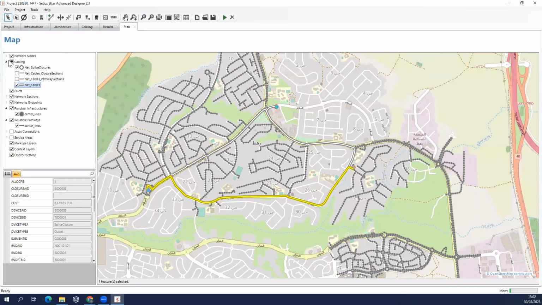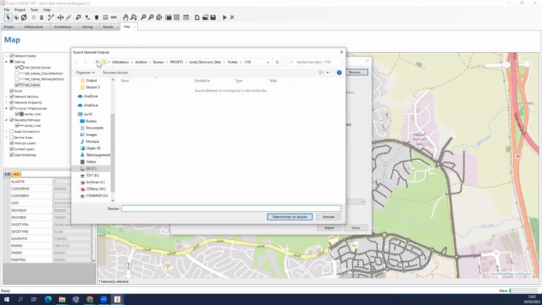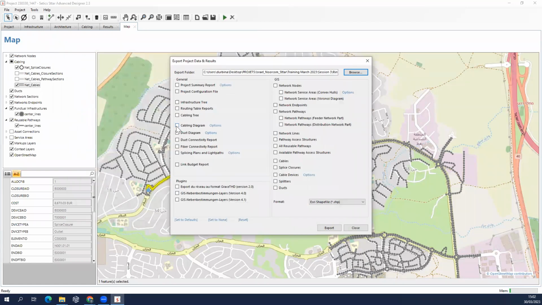Let's say I export to, I think it's here, training. Let's export it here. Ring. It will not take a lot. You can export everything. No, it doesn't take a lot, but it's only for this example. And then in my FTTH project,